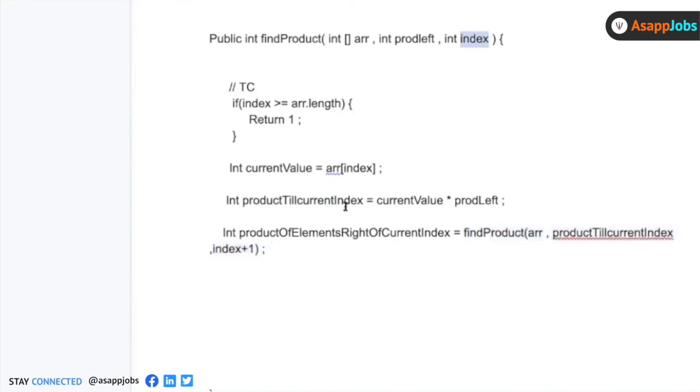Yes. So with this condition, for the current given index, I know the value of the product left, the product of all the elements to the left of it. I know the value of the product of all the elements to the right of it. So I can replace array I with product left times the product of the elements right of the current index, right?